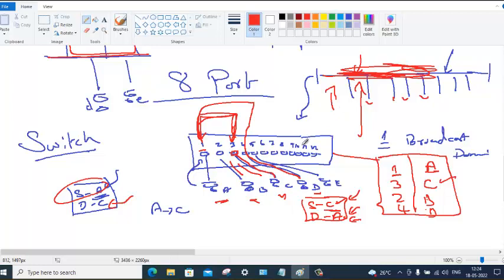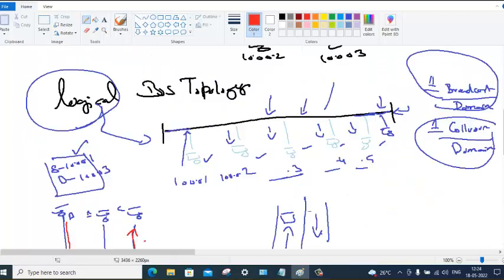Because you avoid collision, switches are not too busy. Switches can handle more traffic. But hub cannot handle more traffic because they don't know how to avoid collision. So only 8 ports, only 8 devices you can have.